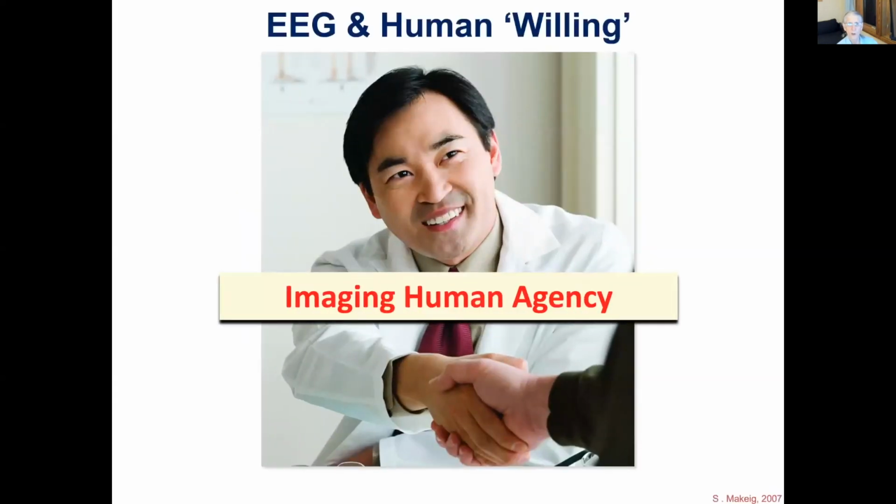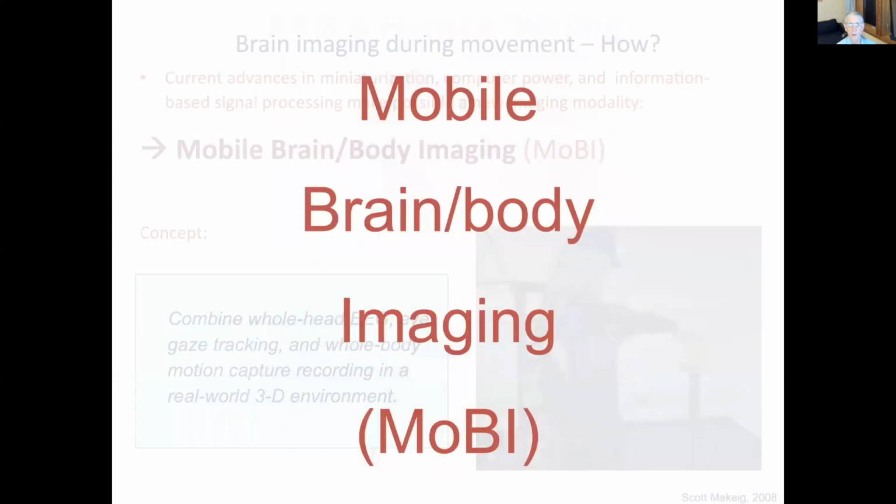Now, what about imaging human agency, the willing aspect of consciousness, human actions, and also social interactions? Well, here I proposed a dozen years or so ago the term mobile brain-body imaging for a paradigm in which